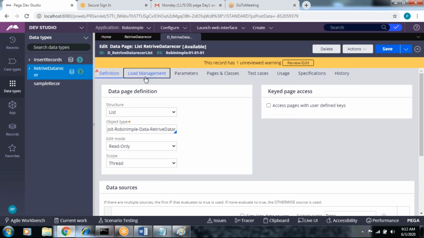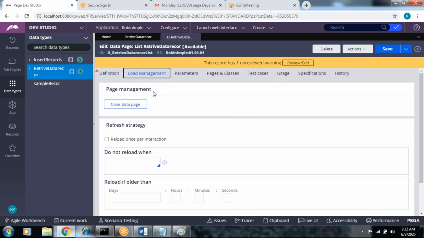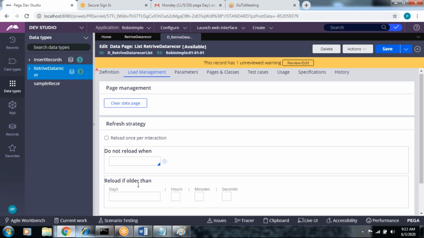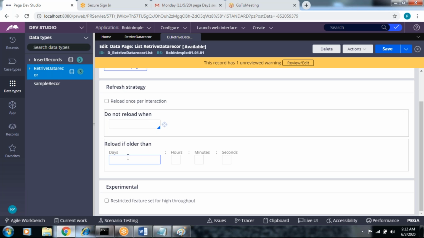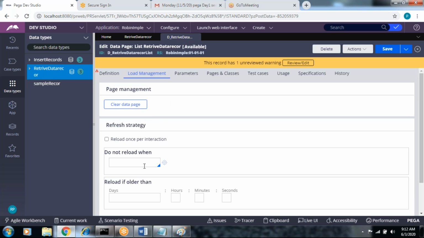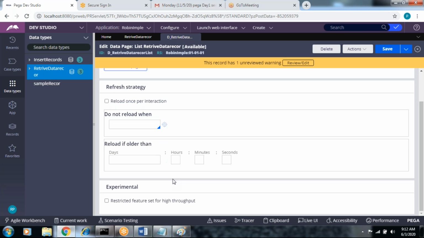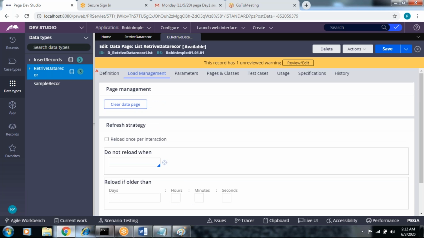Now come back to the load management. I mentioned the refresh strategy is available on the load management. When you're adding and updating, suppose you want to refresh it: do not reload when, reload older than. Based on time, or based on interaction, if you want to refresh it. Whenever the server restarts, suppose you want to refresh the database, or do not reload whenever you meet the when condition.